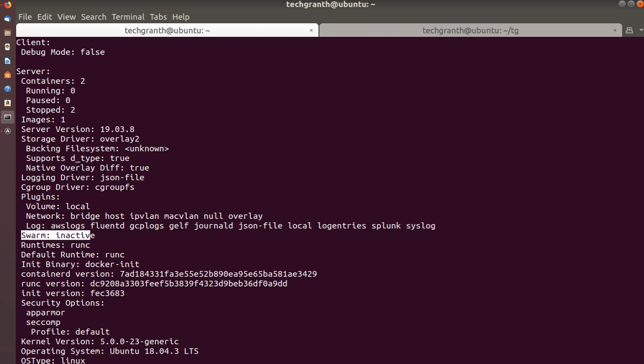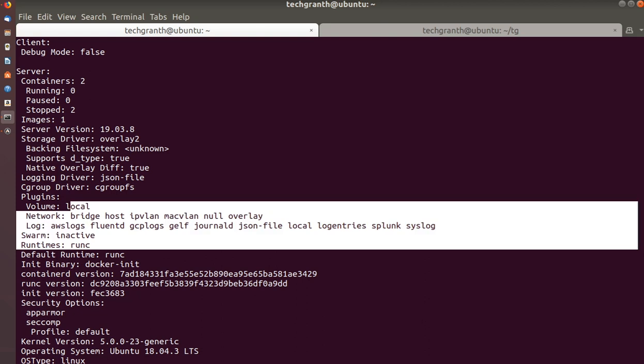Right now, Swarm is inactive. I told you Swarm is used for clustering of containers, and that is inactive now. Sometime later we will see that. Runtime it is using is runc, and the default runtime is also runc, which I talked about in our first video, Docker introduction.